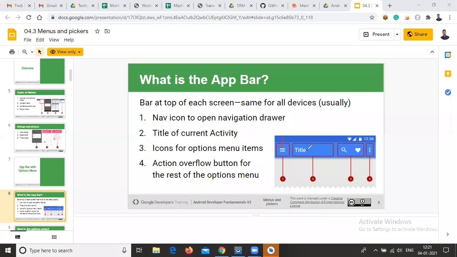After that the title is available, and based on the app requirements, some icons are available. Based on priority, if it is an emergency you can give icons; if it is not an emergency, you can give suggestions. The third and fourth steps belong to option menus.